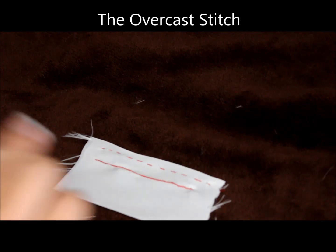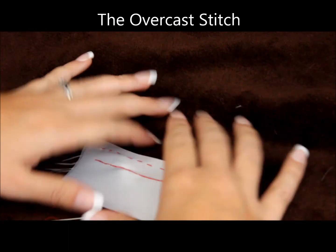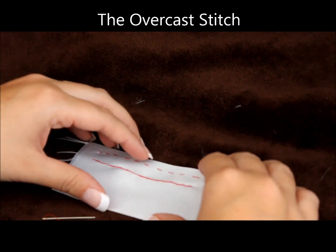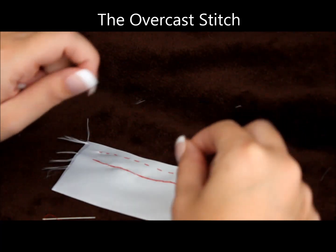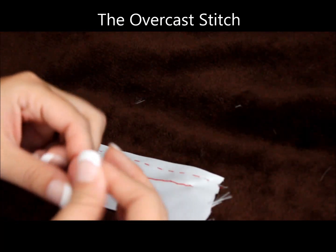The last stitch we're going to learn is the overcast stitch. You use the overcast stitch when you're closing up your project. So if you're making the pillow project, once you've stuffed your pillow, you'll have a little bit of opening left. You can't stick that through the sewing machine because it's too thick, so we need to hand sew the opening